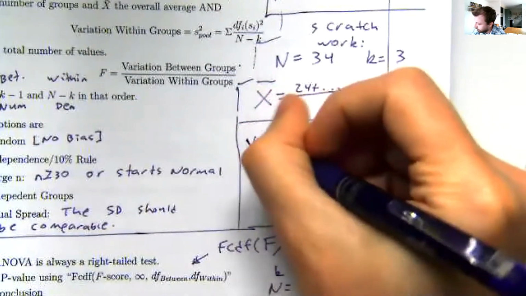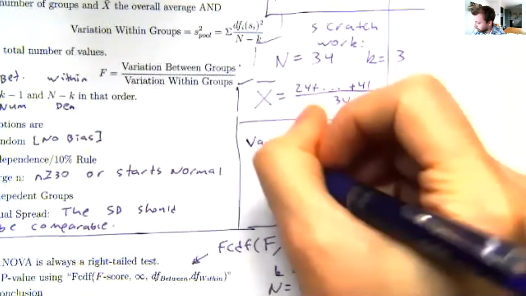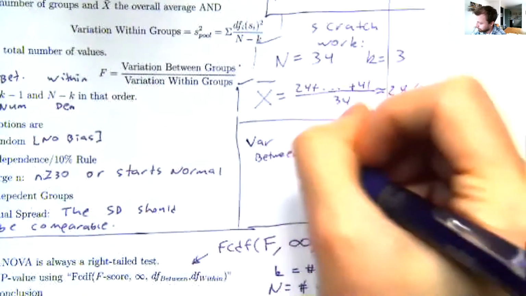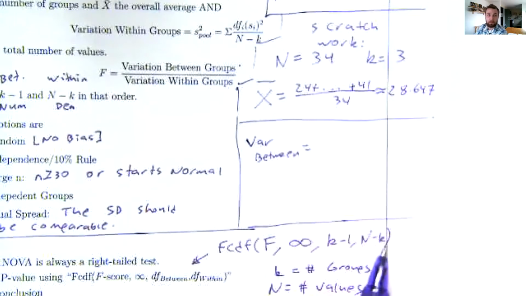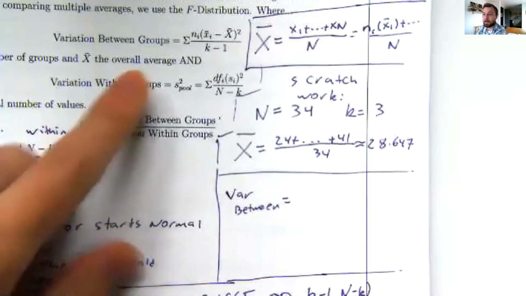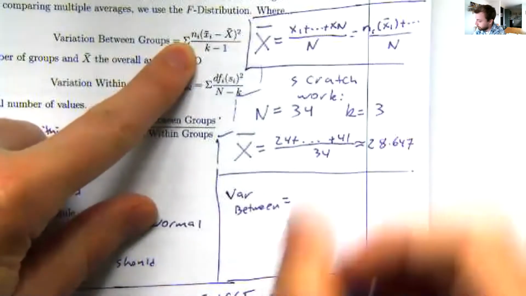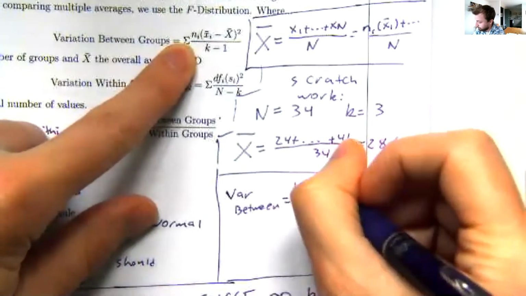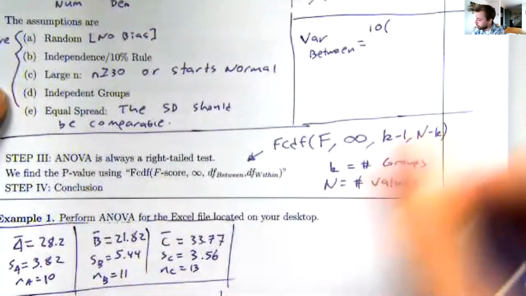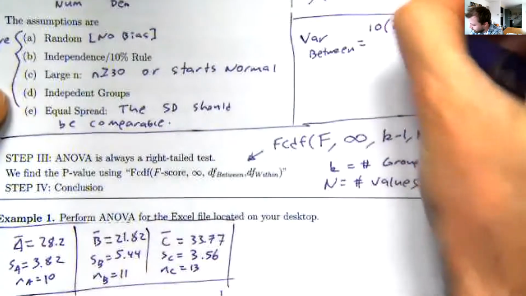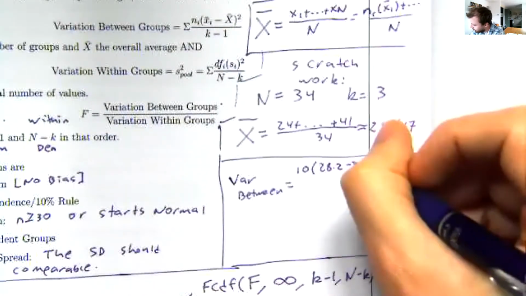I'm going to calculate the variation between, because I have the formula nearby and it's going to help to have the formula nearby. The number of values in the first group was 10. The first average was 28.2. I'm comparing that to